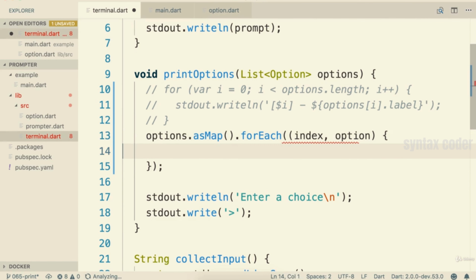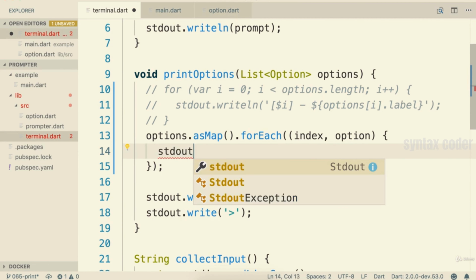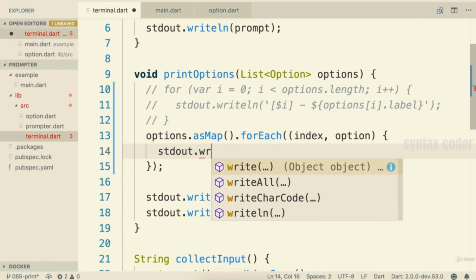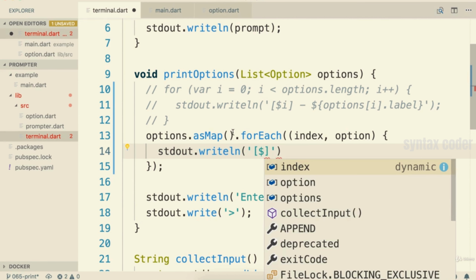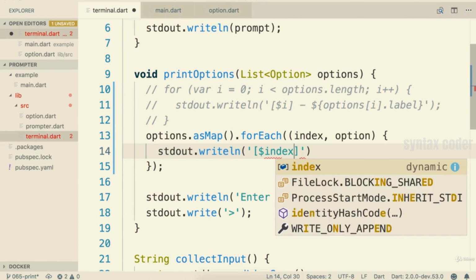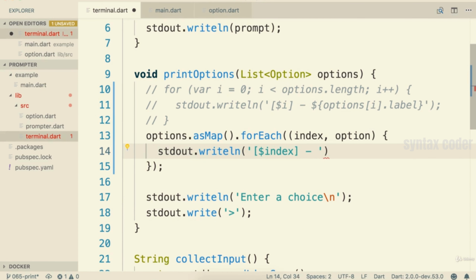Then inside of here, we're going to do that same standard out write line that we did before. So I will do standard out dot writeln, and then we're going to print square braces. Inside there, we'll reference our index, so $index. I'll do my dash, and then this time we do not have to do options bracket i like we did